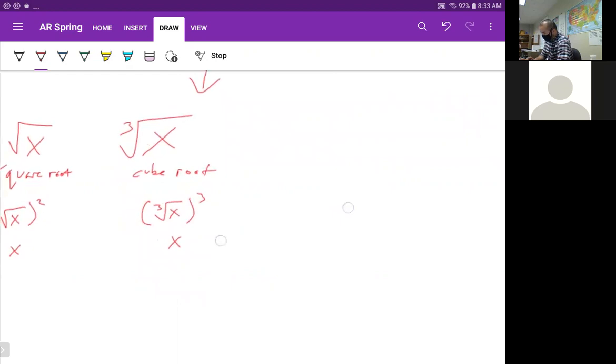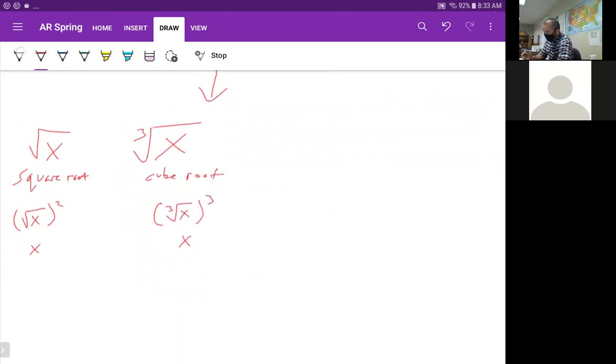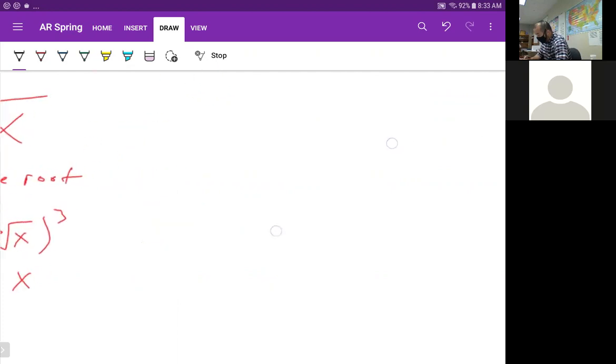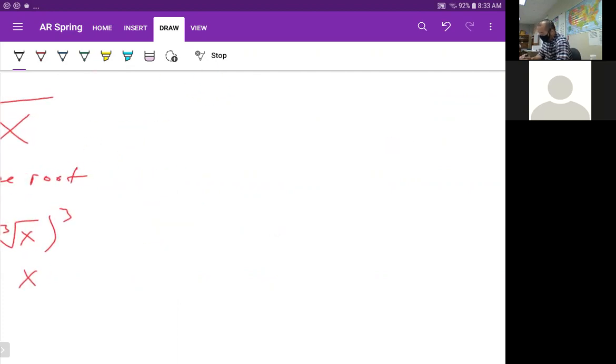So there's some questions where you have to solve these. Let's do one of those. So let's say you have square root of x minus 2 plus 15 equals